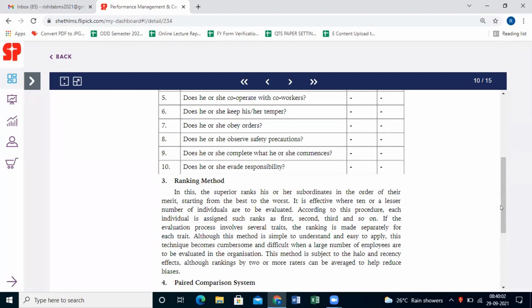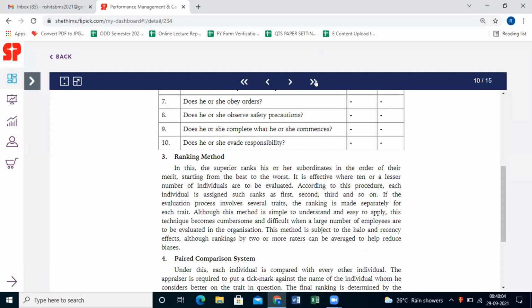Let us understand this ranking method. Before we get into the answer, let me just tell you students, in school you must have heard of the ranking method, how first rank, second rank, third rank comes. What do you think, is it the correct way of evaluation? Do you think it is the right method of evaluation? What is your opinion about it? Do you think there should be a ranking system?